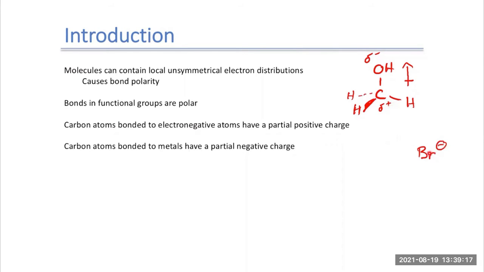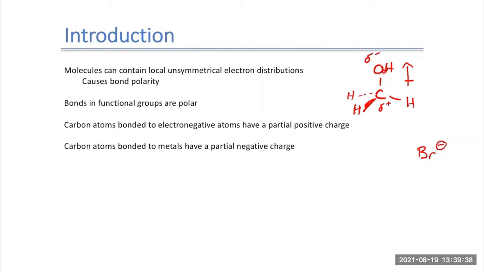So that bromide ion comes and acts as a nucleophile or Lewis base and attacks the carbon, which is our electrophile or Lewis acid. And it can do that because of the polarity between the carbon and oxygen bond, since the oxygen is much